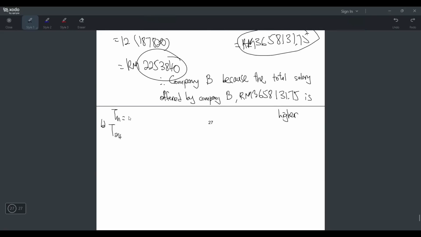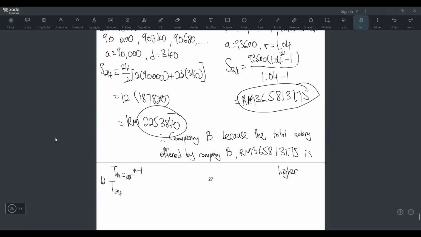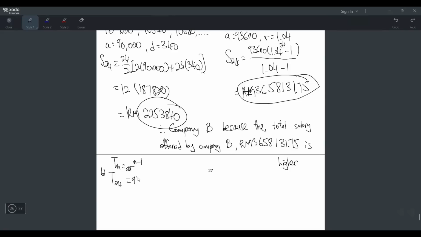And the formula for Tn for a geometric progression is AR power n minus 1, right? So let me find T24 now. It will be AR power n minus 1. So A is 93600. Just write it down. And then R is 1.04, power n minus 1, right? N is 24 minus 1, which is 23. So let's press this. Okay, 93600 times bracket 1.04 power 23. Okay, my calculator gives me